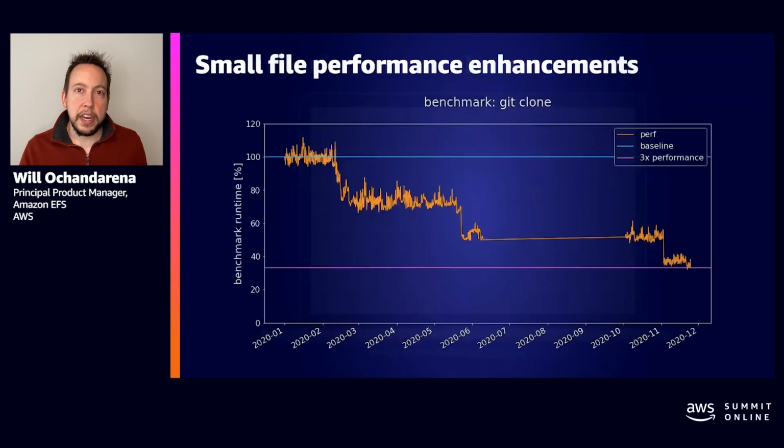On the latency side, we've been doing a lot of work on this as well. We haven't had any announcements, but we've been chipping away at the latency. So over the course of last year, we lowered the latency of EFS by 3x. So here you can see a benchmark, which is doing git clone, which is a latency sensitive operation, and how we have improved our performance 3x already to the baseline. So if you haven't tried EFS for latency-sensitive workloads recently, I'd advise you to try again.